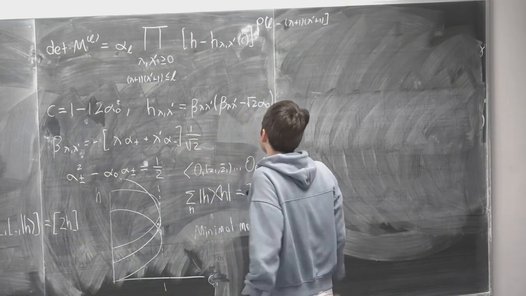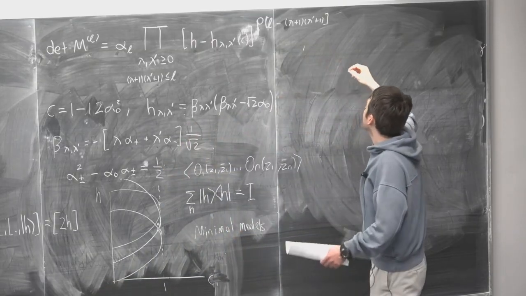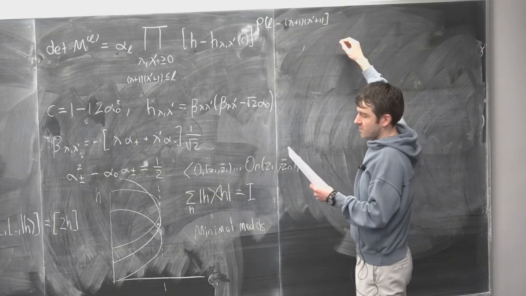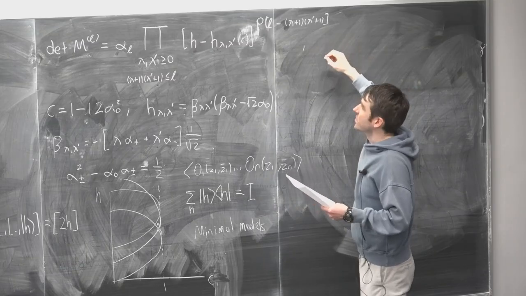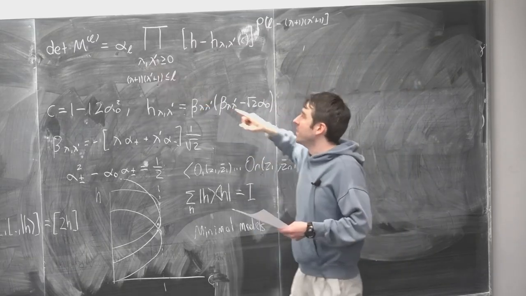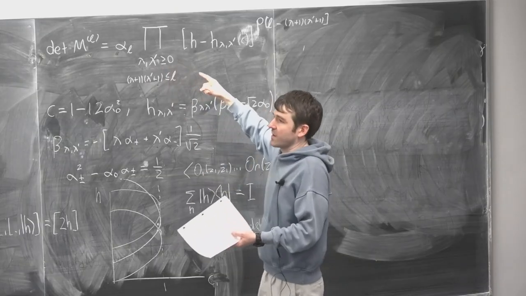And then you get a generalization of this formula. So instead of lambda and lambda prime being non-negative integers, i.e. dominant weights for SL2,